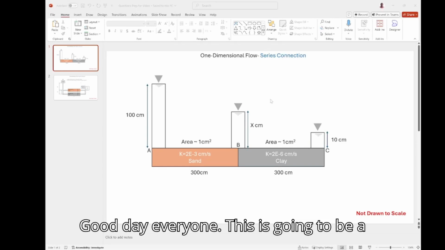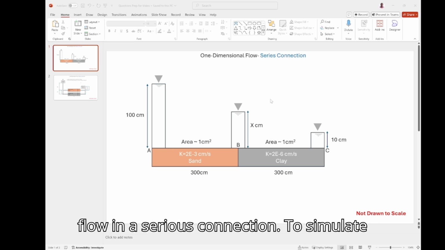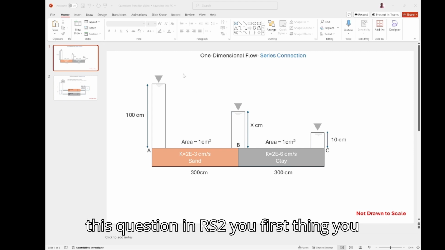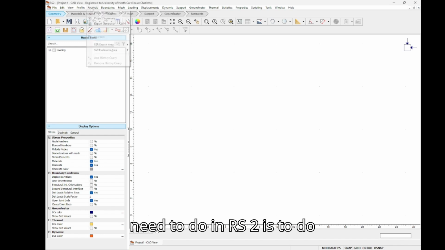Good day everyone. This is going to be a short tutorial on how to use RS2 to simulate groundwater flow, one-dimensional flow in a series connection. To simulate this question in RS2, the first thing you need to do is the analysis